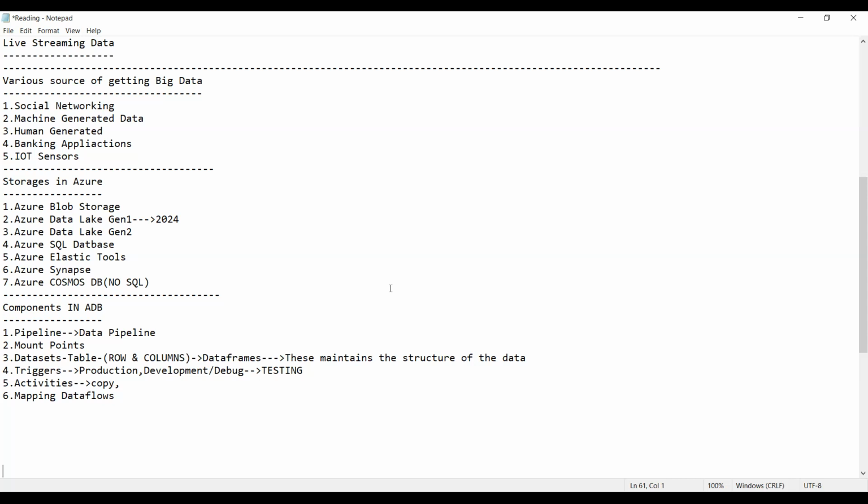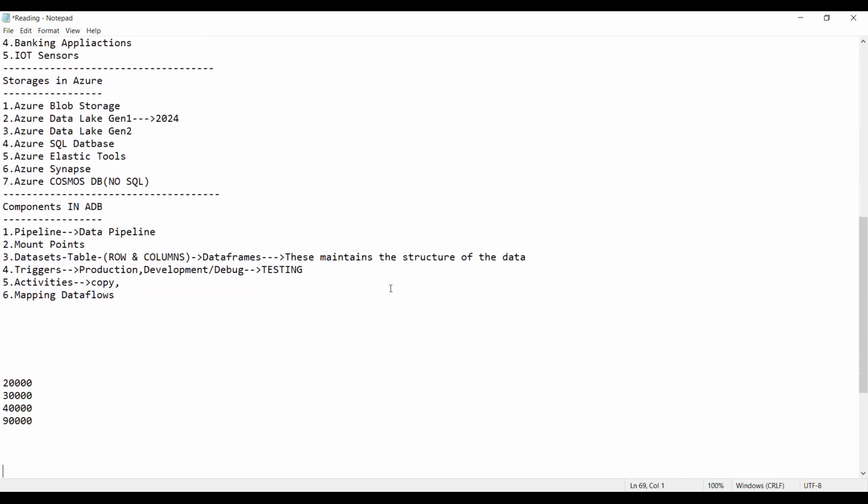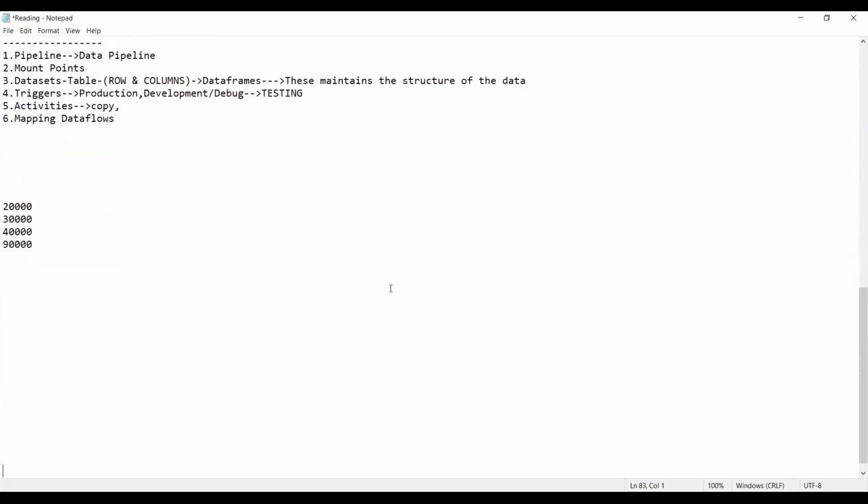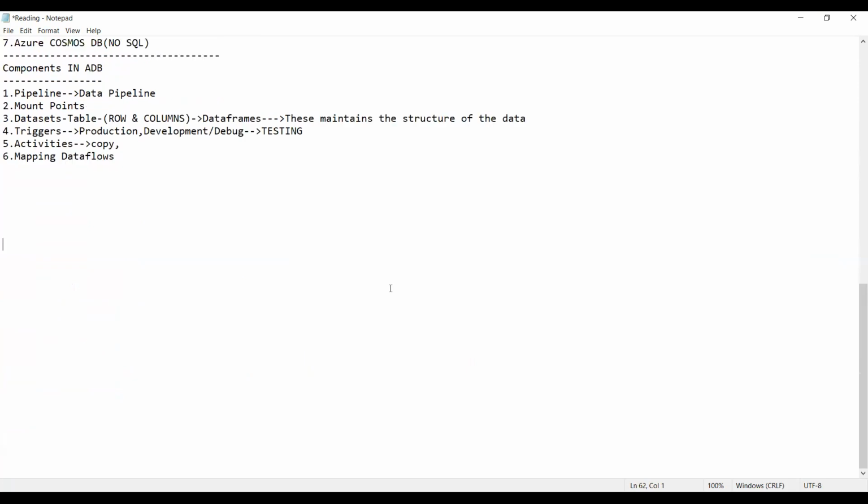Now guys, next, how does the Databricks environment run actually? Let us try to see this first of all. I will show you how the Databricks environment runs. Here the following sequence should be followed.